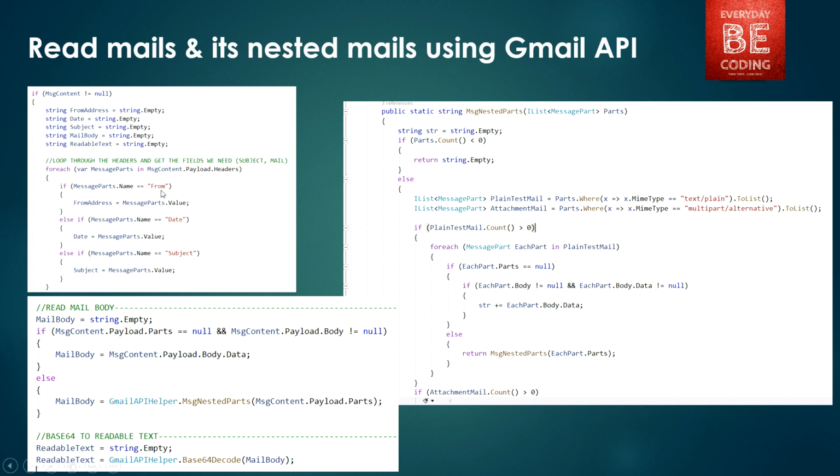If this property name is from, in this case it has a value, we are storing those values under this string variable. We are storing from address, email date, and mail subject, and after that we are storing all this information in a particular object, that means a Gmail object, and I have a particular list collection and I am passing this object into this list collection.